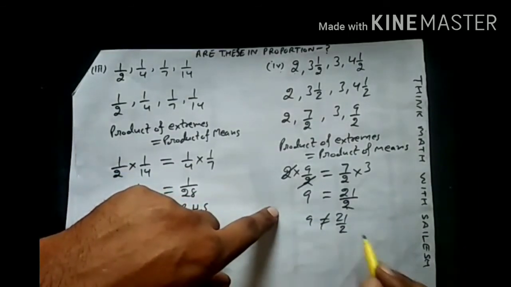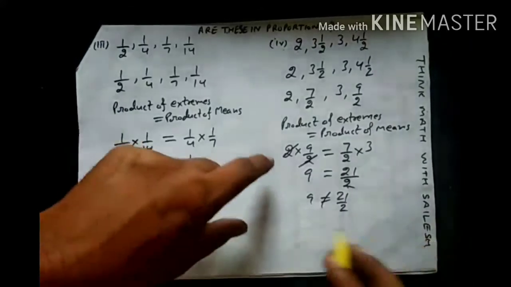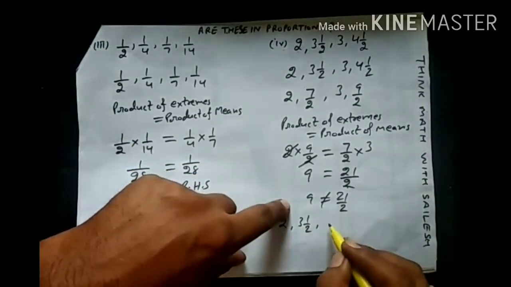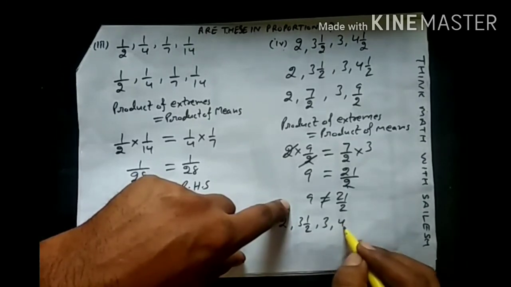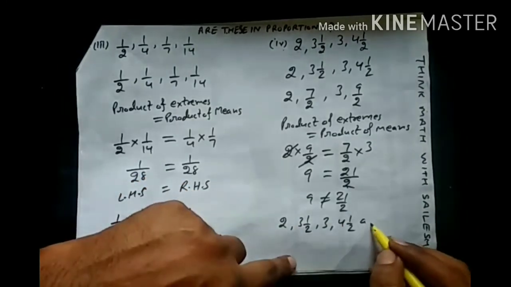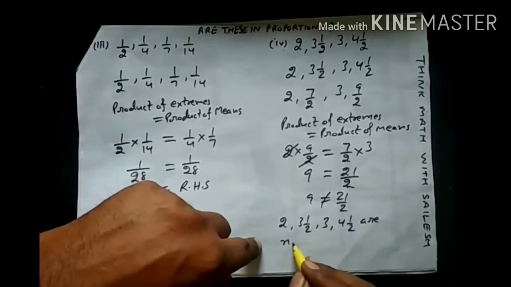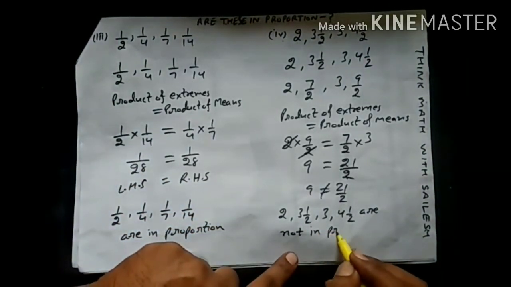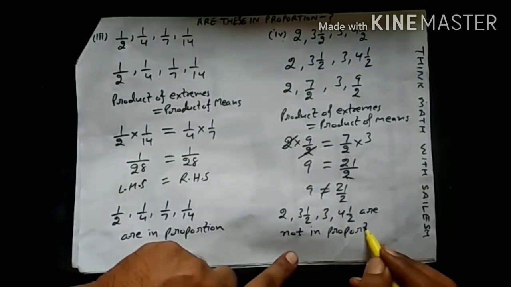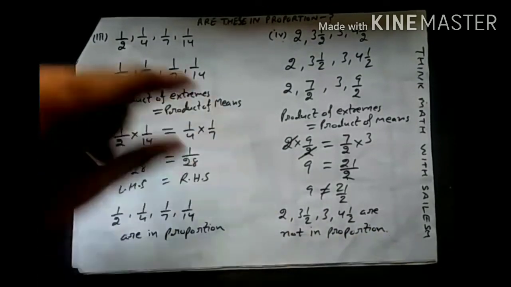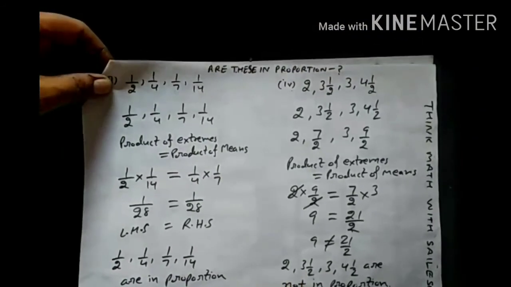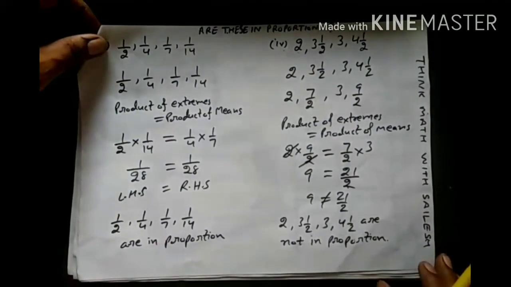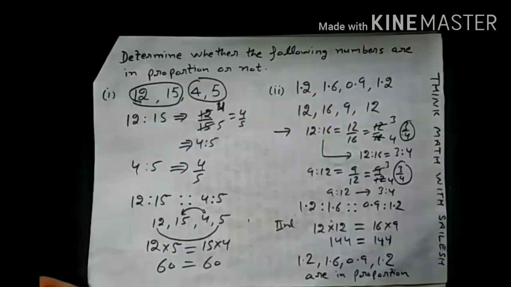As 9 is not equal to 21 by 2, that's why 2, 3 and a half, 3, 4 and a half are not in proportion. So this was the first case where we find that the given statement or the group